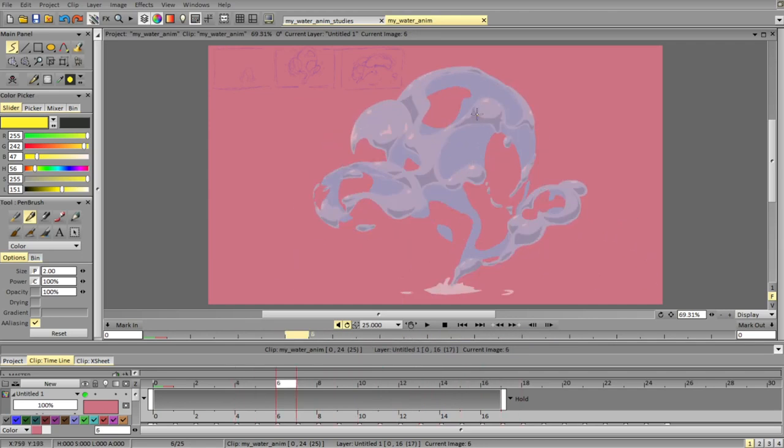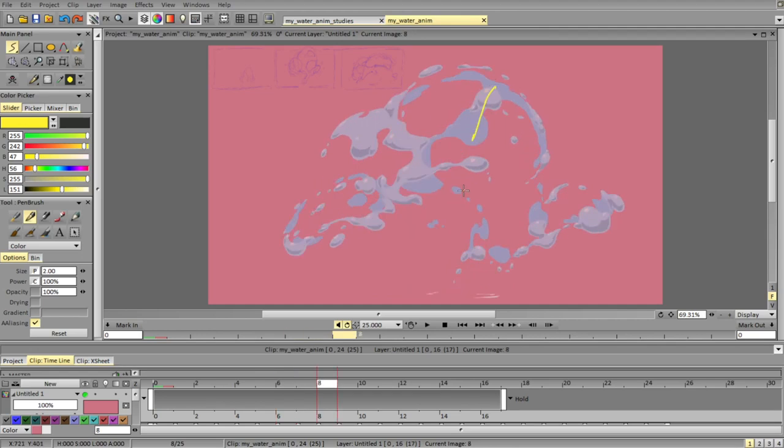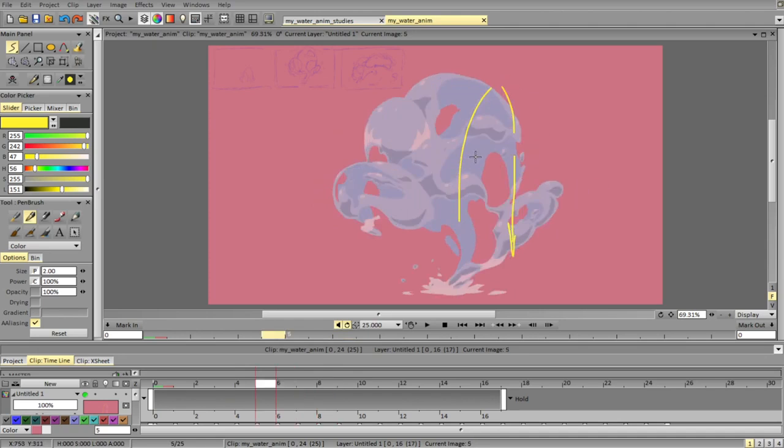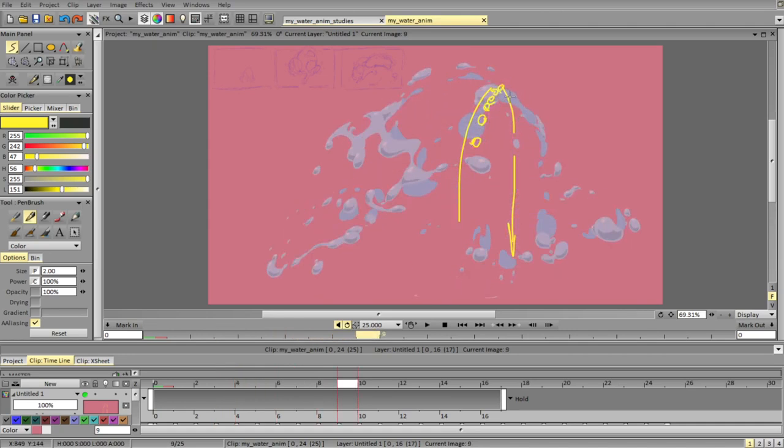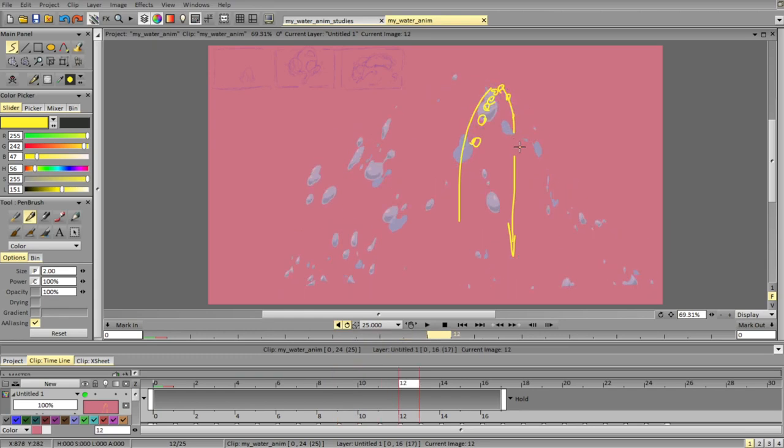So judging by how it was going up, it should probably fall continuing the motion. So if it goes 1, 2, 3, 4, 5, then it should probably fall like this with